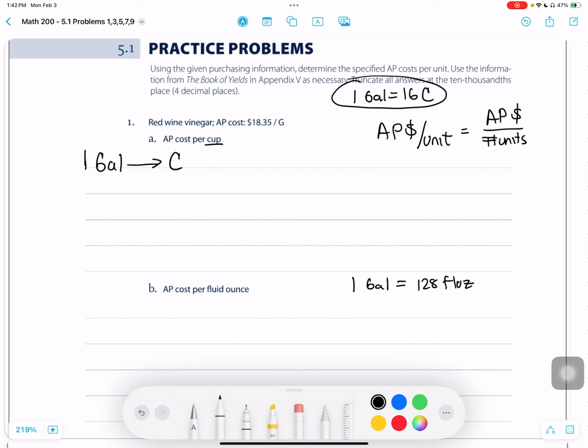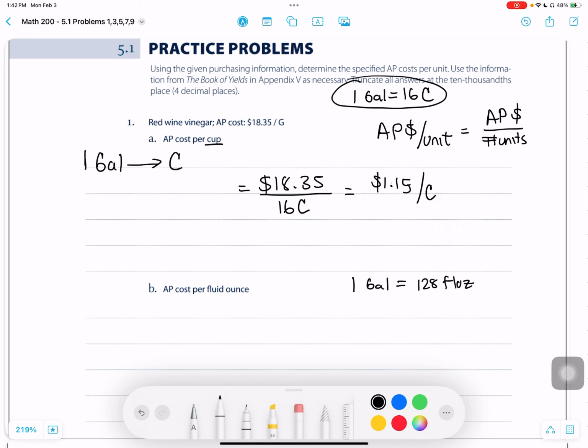Now I'm going to apply the AP cost per unit formula. I take the total cost, $18.35, and divide it by the total number of units, in this case cups. 1 gallon has 16 cups, so since the cost is per gallon, instead of 1 gallon I'm going to call it 16 cups. After you do the division, you get the total cost per cup. 18.35 divided by 16, and my AP cost per cup is $1.14. Well, I'm going to round that to 15